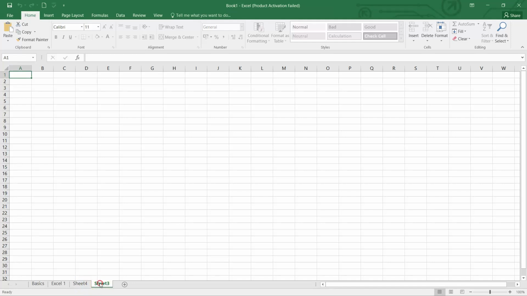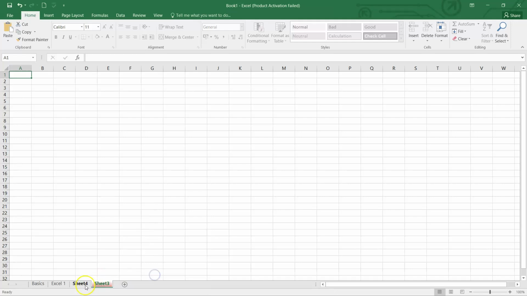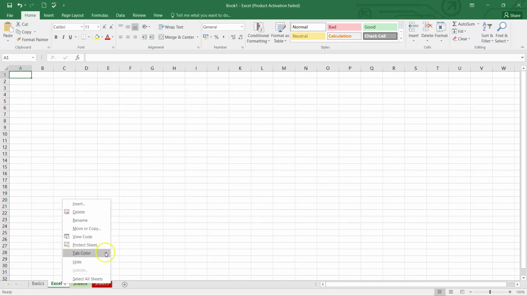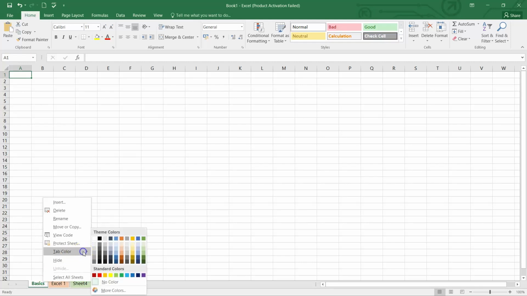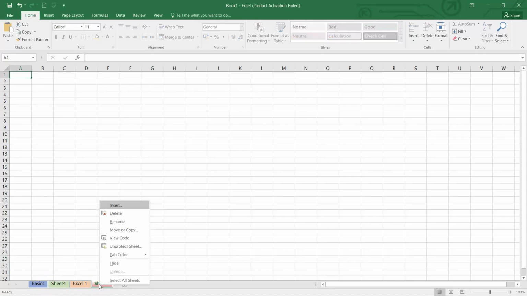I think these were some things about the sheet itself. You can also change the color of the particular sheet that you have. Suppose, first, I want to rename a sheet for its specific function, and along with that, I want to color code them. If I want to color code them, I can simply give a color to my sheets. Over here, sheet 3 is red. Then let's go for sheet 4 as green. Similarly for Excel, we can give some other color. Likewise, you can start adding and deleting the color, whatever you want to give to that particular sheet. So that's how you can go about different sheets in Excel. I hope this much is clear.